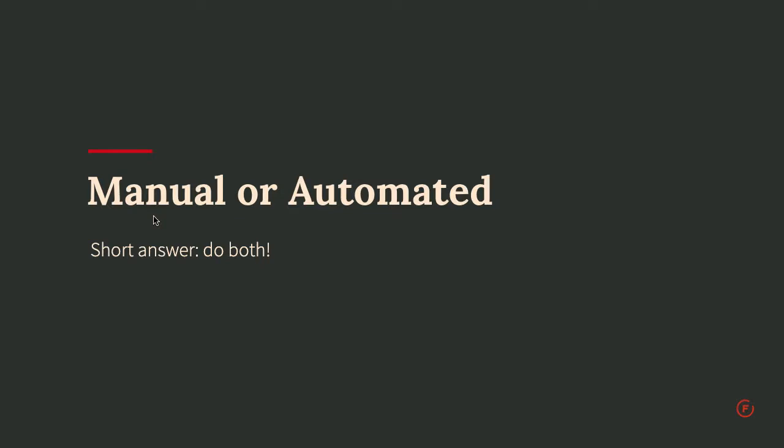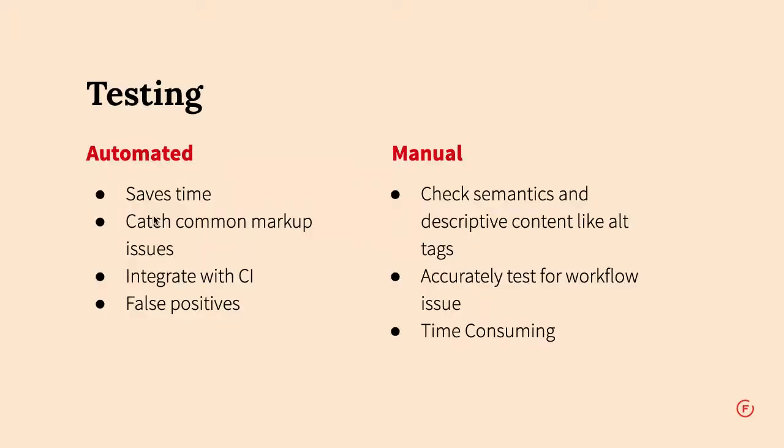The next mini topic within testing is whether you should do manual or automated testing. The short answer is you should just do both. Automated testing saves a ton of time. It can catch really common quick errors, like missing alt tags. You can integrate it with your CI if you're doing continuous integration, but you can get a bunch of false